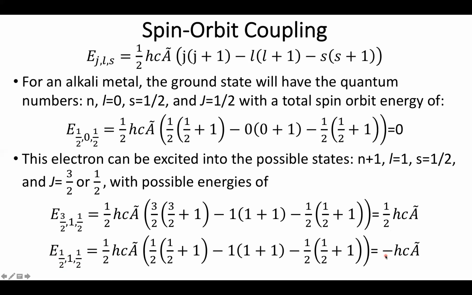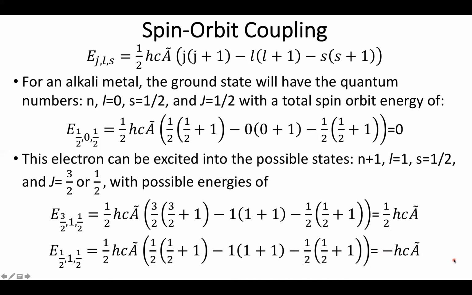And so this configuration is going to be more favorable than we would expect if there was no spin-orbit coupling. So again, we have an attractive term in between my magnetic field generated by the orbital angular momentum and